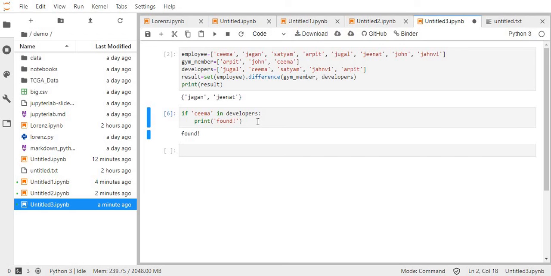It will look in the list of developers to check if Seema is a member of that list, and if it's true it will print found. If I execute this, it printed found. That means Seema is in developers.